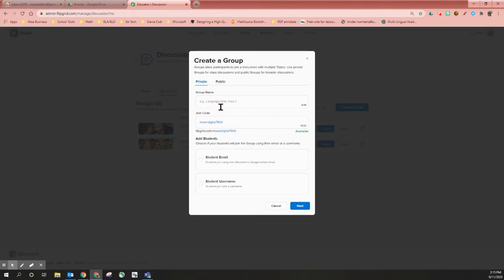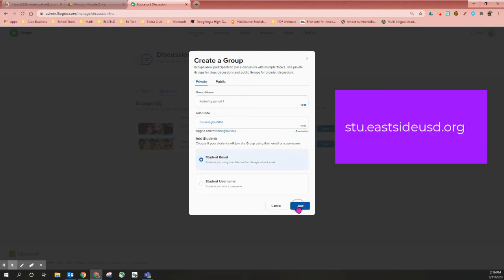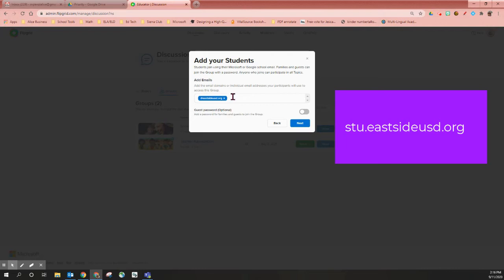So for groups that are your classroom, you want to keep it a private group, and that restricts the domain that can enter that Flipgrid. You're going to give it a name. It could be your class name or the name of your different periods or a content area, and then choose student email. On the next screen, we're going to enter the domains that will be allowed to use this Flipgrid,